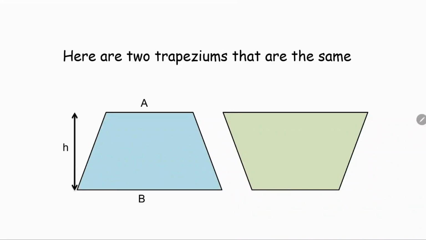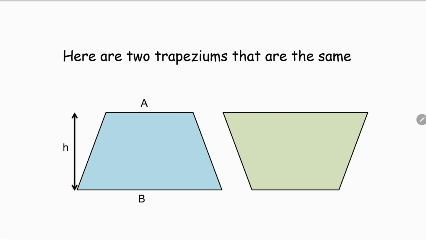Hi everyone, today we're going to be looking at finding the area of a trapezium, and you probably know it as trapezoid because they say trapezoid in America. Here we have two trapeziums, one's upside down and one's the right way around,